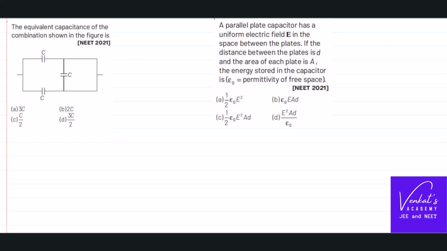Here in this video, we are solving two simple problems on capacitors. Let's look at the first problem. This is of NEET 2021. The equivalent capacitance of the diagram is, see,